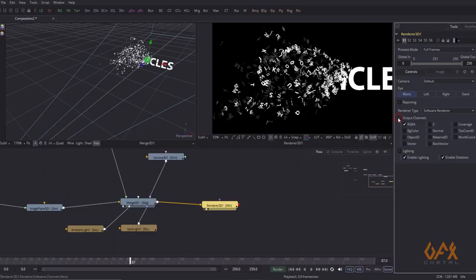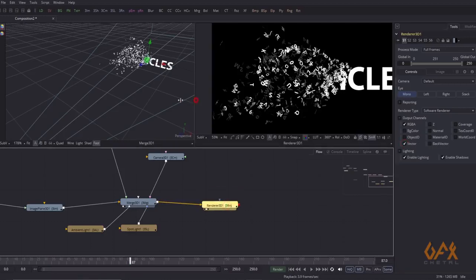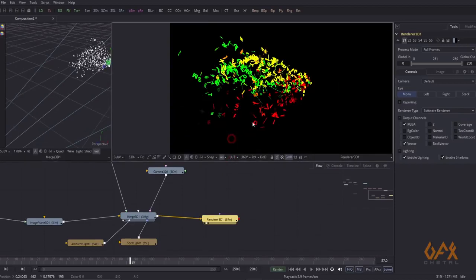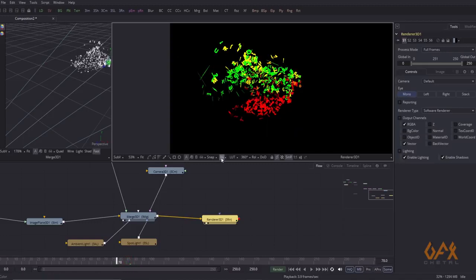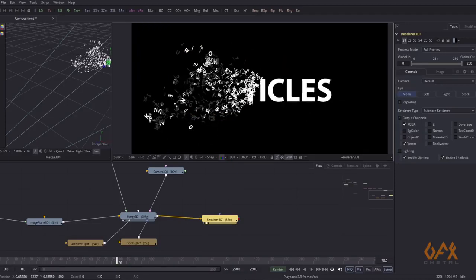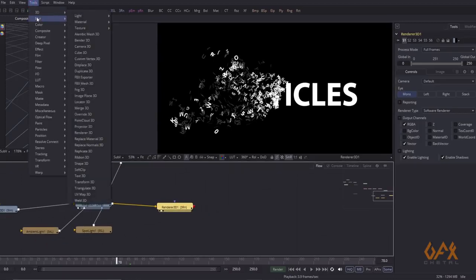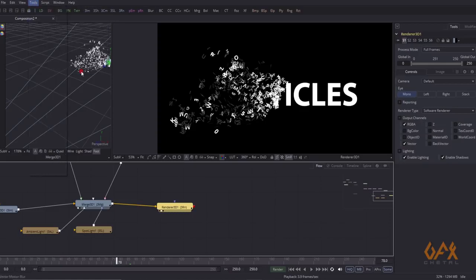In the output channel I just set vector. Okay, and if you see, vector blur stores the motion of this particle system. So here we capture the vector information, the motion vector information of this particle or this movement. So I am using here tools, blur and vector motion blur,